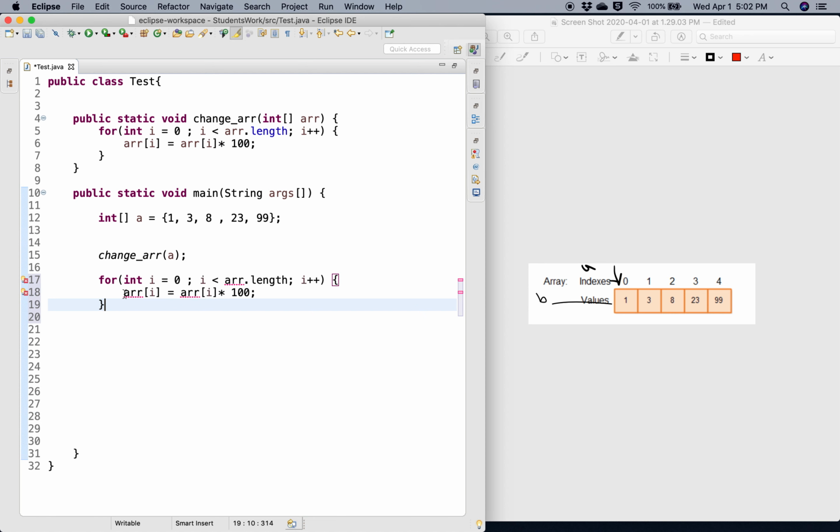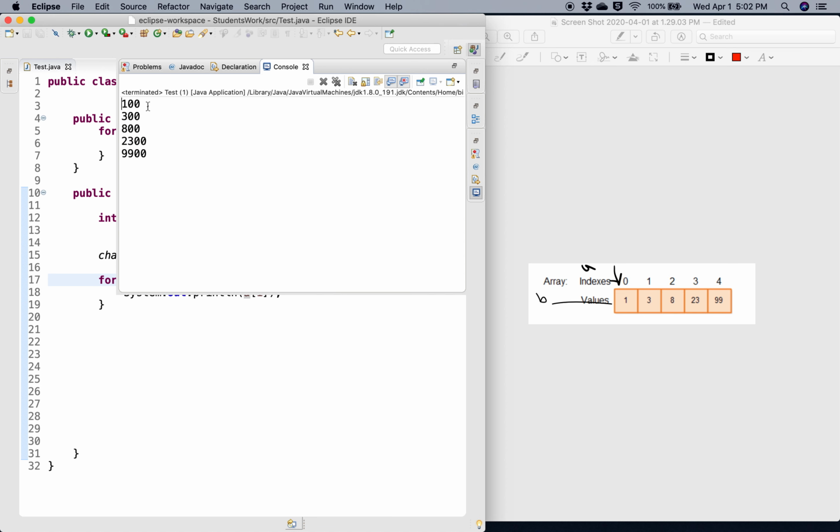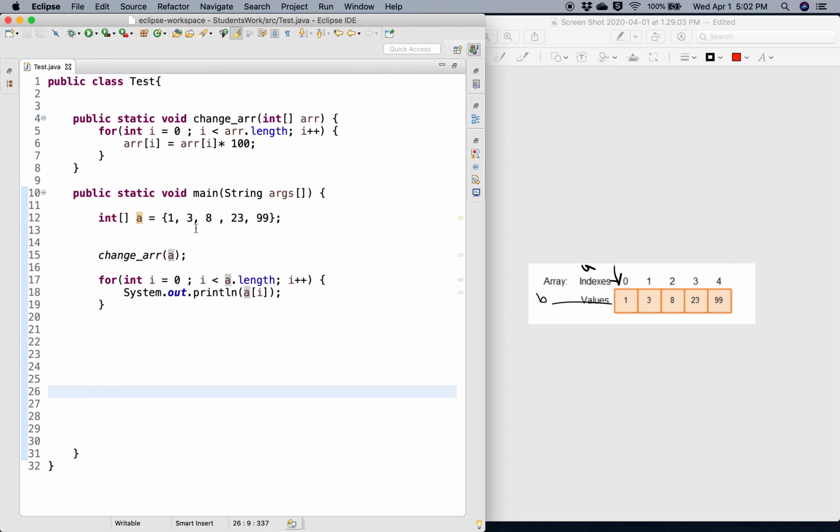See what happens. We're just going to do a print of A at index i, up to a.length. Okay, so let's see what happens. We actually have 100, 300, 800, 2300, 9900. Although we did not really change the content on the array A directly,